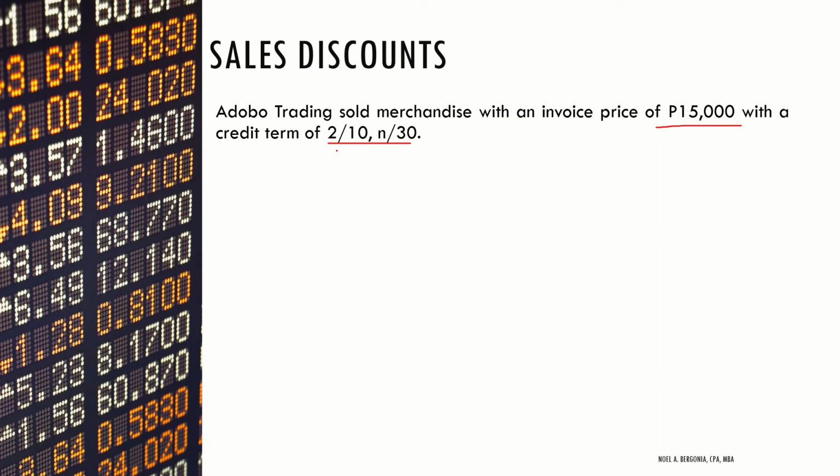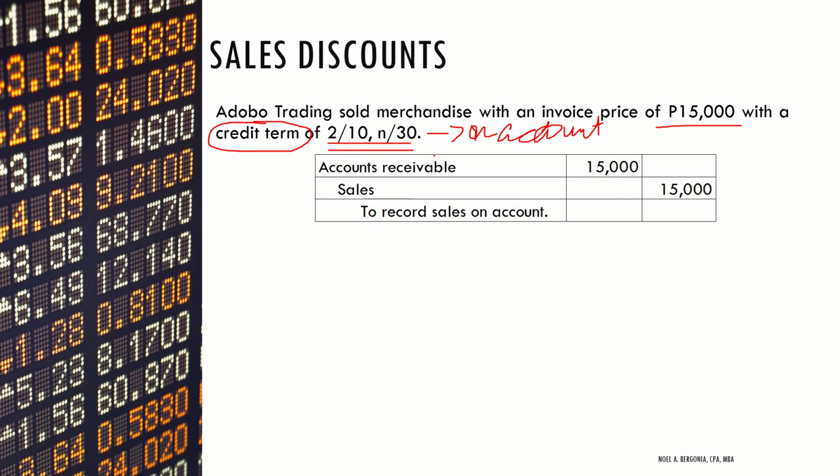By the way, pag nakita nyo pala itong credit term na to, ang ibig sabihin yan parati is on account po ha. On account po agad yan, no? Hindi po natin pwedeng sabihin na ay for cash yan kasi may credit terms, no. Automatic, kaya nga po siya credit terms kasi binibigay lang siya for those sales on account. Okay? So first, let's have the entry muna kapag binenta yan, no? So the entry would be debit accounts receivable kasi on account niya 15,000 and we credit sales 15,000.